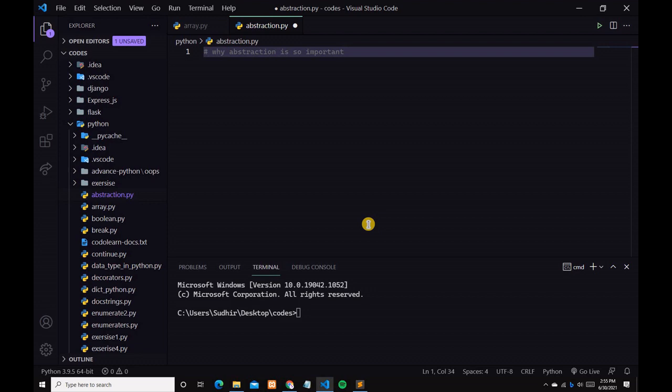So guys, abstraction classes in Python. Abstraction can be achieved by using abstract classes and interfaces. A class that consists of one or more abstract methods is called an abstract class. Abstract methods do not contain their implementation. An abstract class can be inherited by a subclass, and the abstract method gets its definition in the subclass. Abstract classes are meant to be the blueprint of other classes.